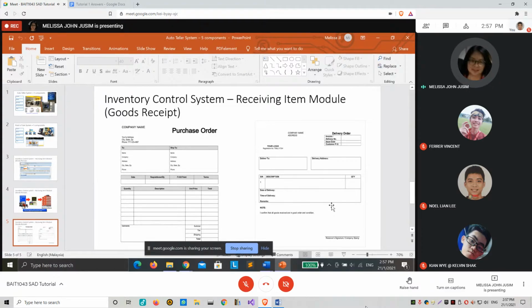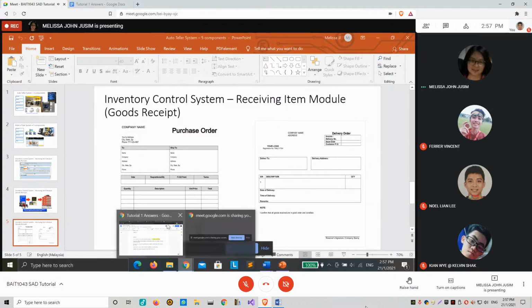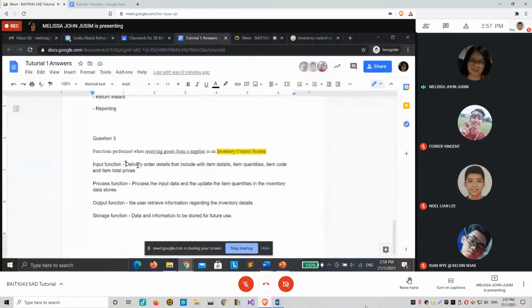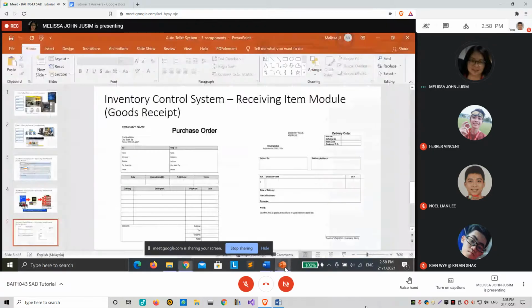When they deliver the products, the raw material, the delivery man will come together with the DO. This is what we call the DO, delivery order. We are assuming that we receive the delivery order form from the supplier.